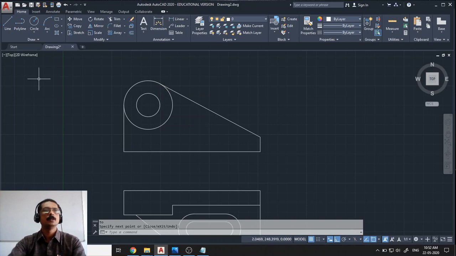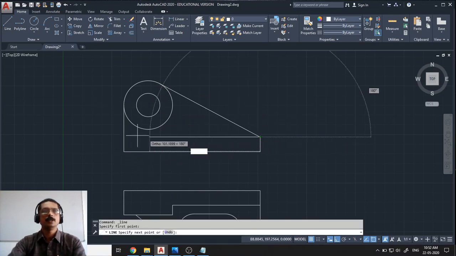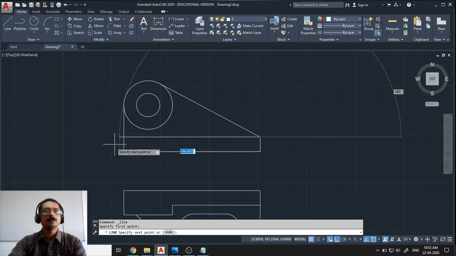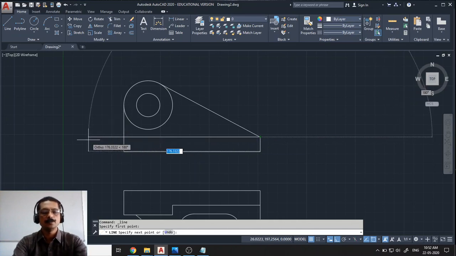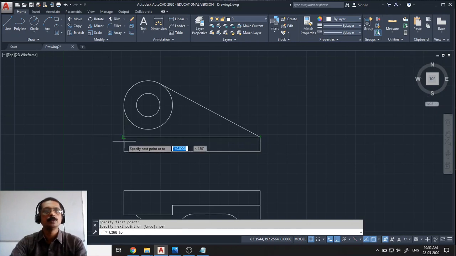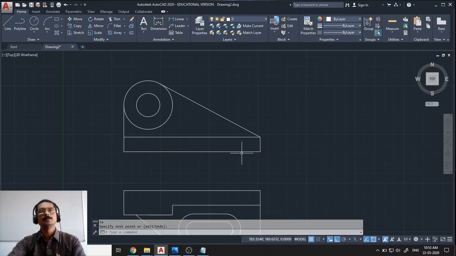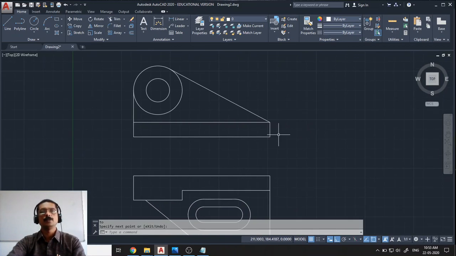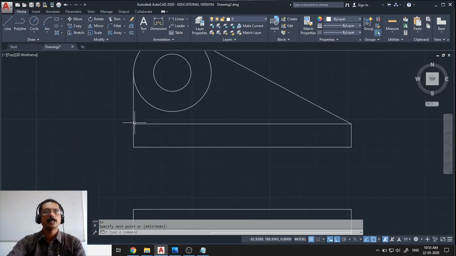So again, we haven't drawn this 15 here. From here I want to draw it to 15, that is, I want to draw it perpendicular to this line. For that I will use PER, the perpendicular object snap. When I come near to this one, you can see that the perpendicular sign is shown there. When I see that, I click. By using the perpendicular object snap, I drew it exactly perpendicular to this line, and it will